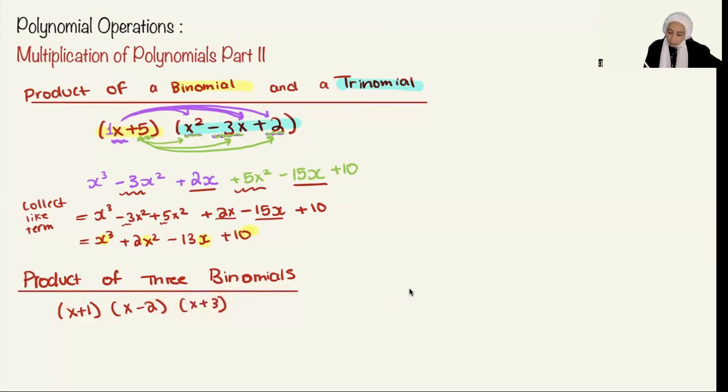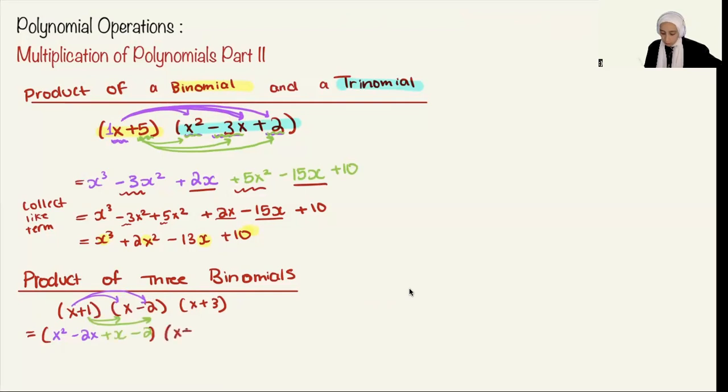All right, so have a look at this. So I'm going to go first term with first term with second term. So I'll have x times x, that's x squared, x times negative 2, that's negative 2x. And then I'll do 1 with x, 1 with negative 2. So I'll go 1 multiplied by x, that's 1x. 1 multiplied by negative 2, that's negative 2. So now I have this expression over here,